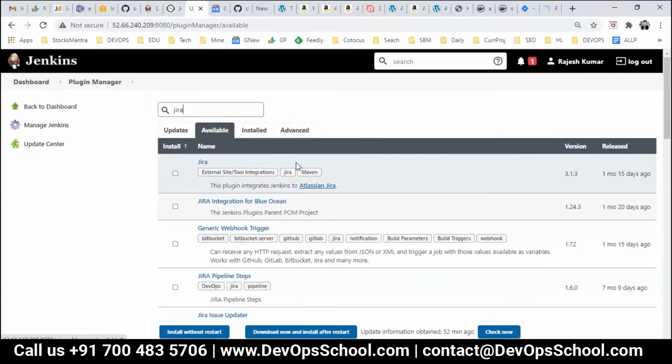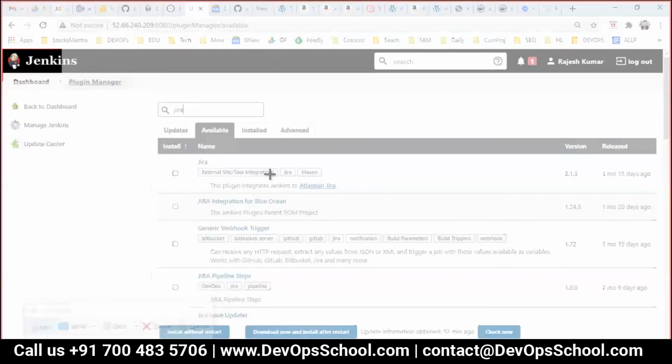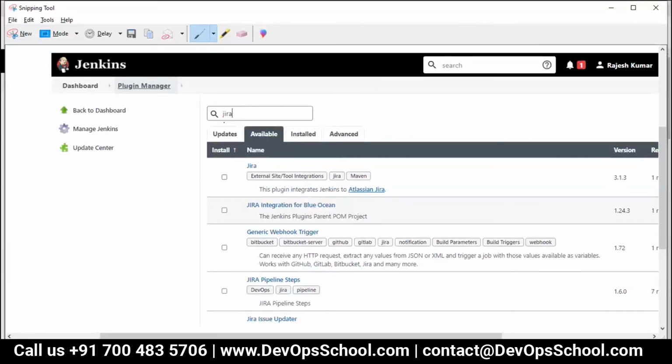So now here we have Jira. Please look at and read this here. You have to build that understanding. See here, you have to go to the Available tab in the plugin manager and search for something here.